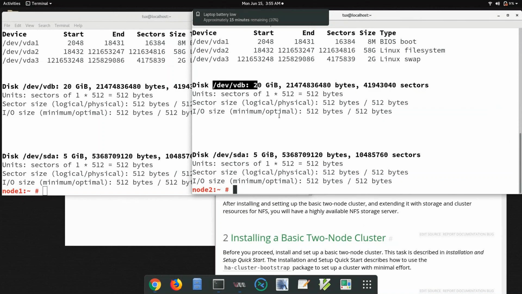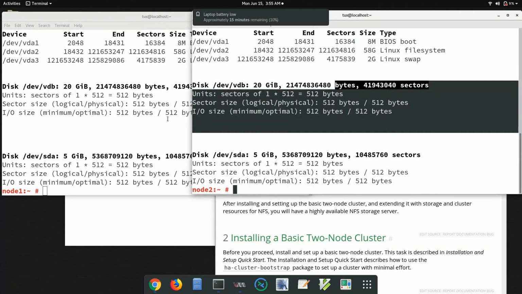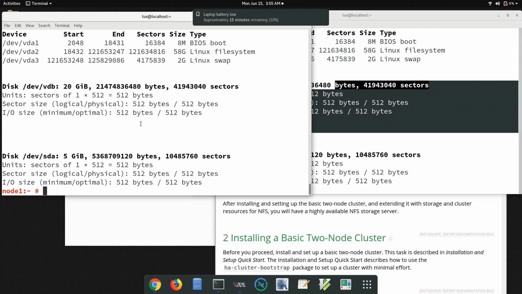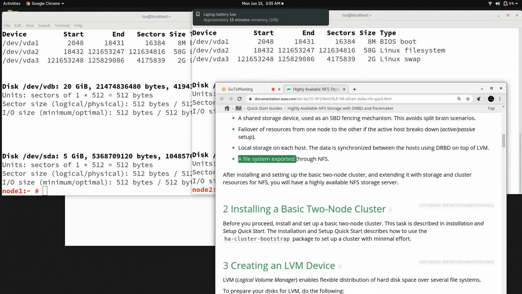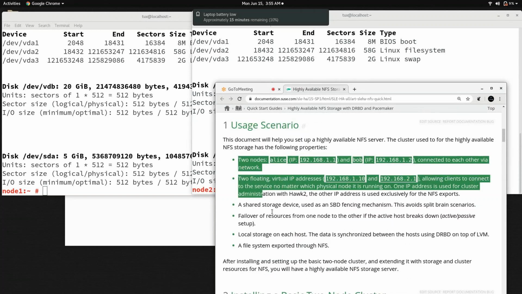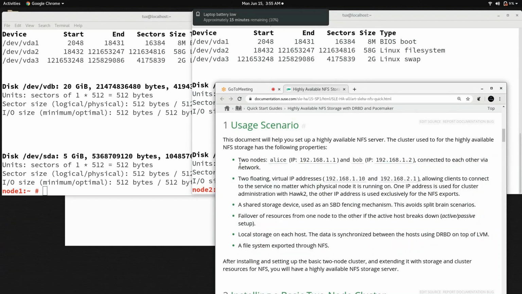Sometimes you can deliver this block device through iSCSI, meaning you can share two LUNs, one mounted on the first machine and the second mounted on the second machine. And you can use those LUNs as part of DRBD. That is completely up to you. But in my case, I have used this local disk in both of these machines. Then, file system exported through NFS. This is a kind of scenario. I will install NFS later, but this is how we can read this documentation and relate it to our current setup.